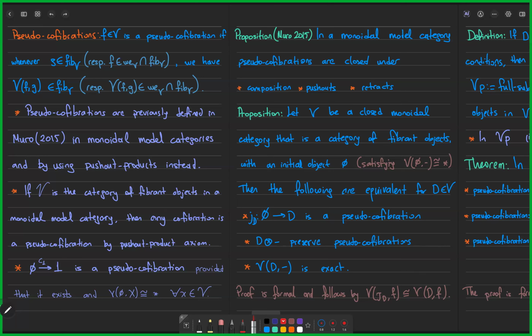It is equivalent to saying that D tensor, this functor from V to V, preserves pseudo-cofibrations. And finally, this is equivalent to this functor from V to V being